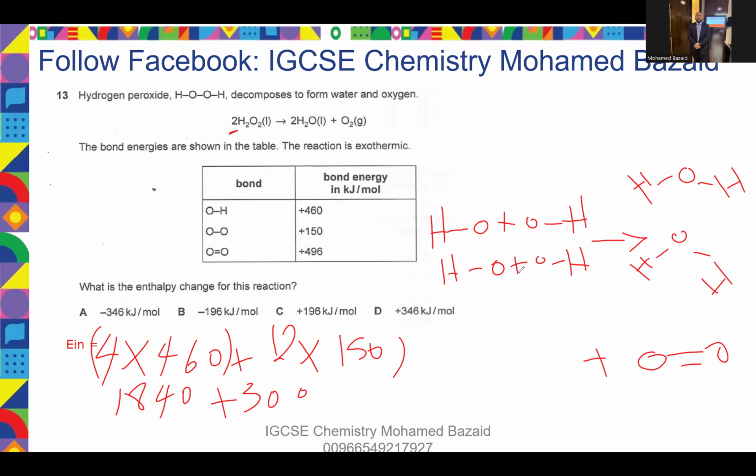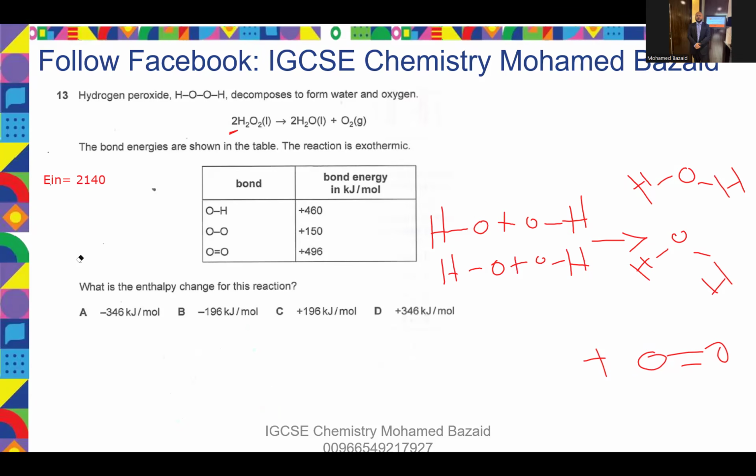If you add them together, 1840 plus 300, it will be 2140. So this is the energy needed to break the bond. It is 2140. This is the energy needed to break the bond. Now, find the energy